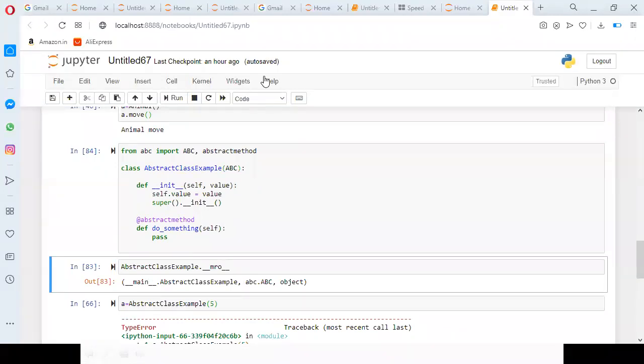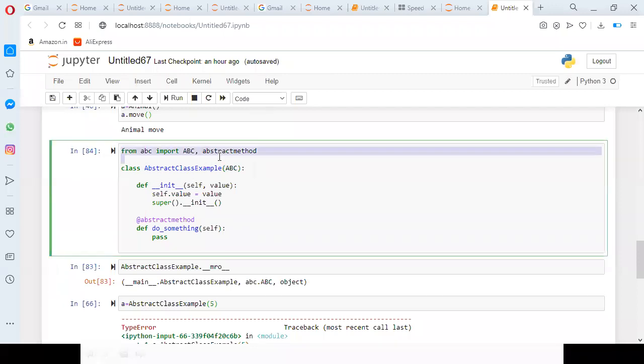The from keyword is used to get something from a library. For example, I want to use some library. Generally, we use the import statement.